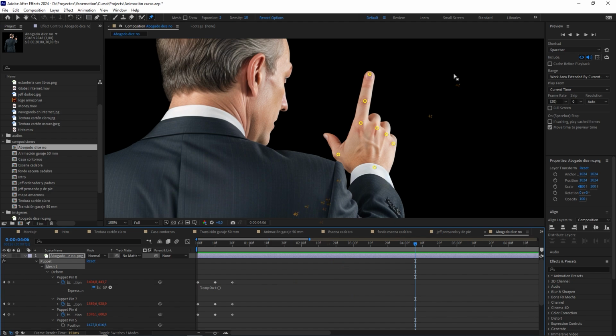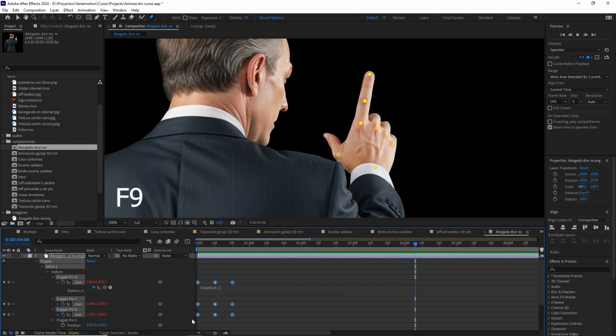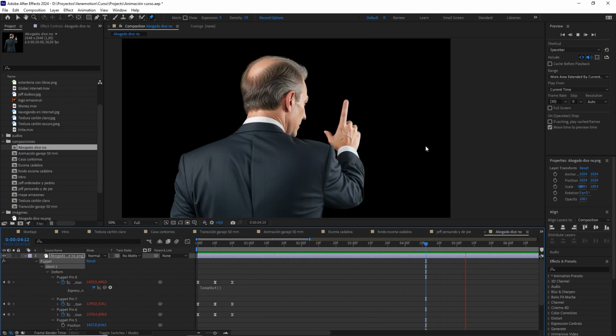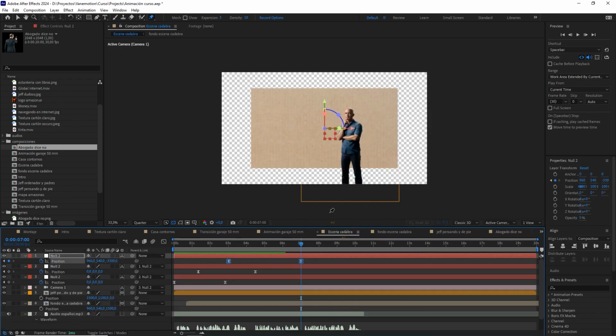Well, I think it looks perfect there. If we want, we can select the keyframes and smooth them with F9. Okay, great. We come to the Kadabra scene again, and now, being at this point, we are going to bring